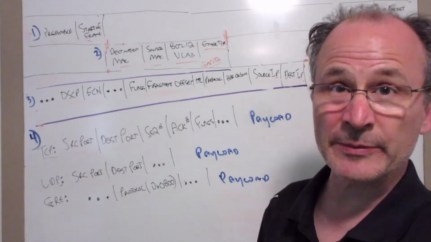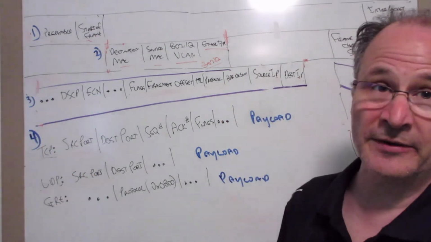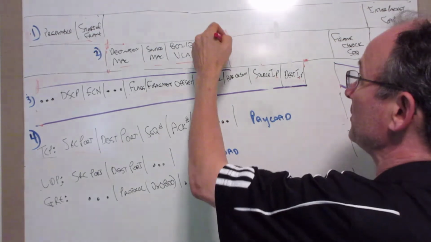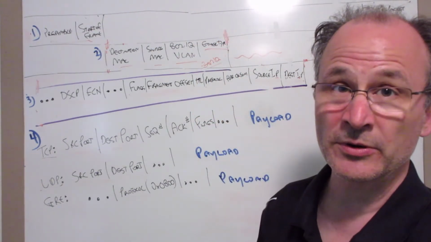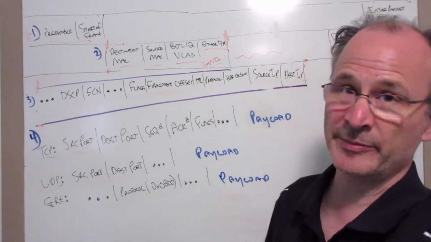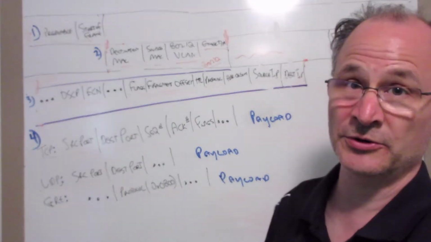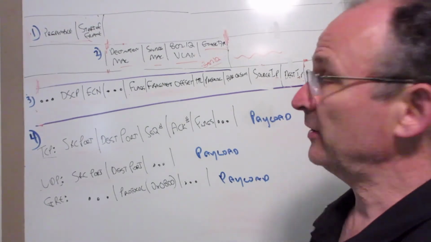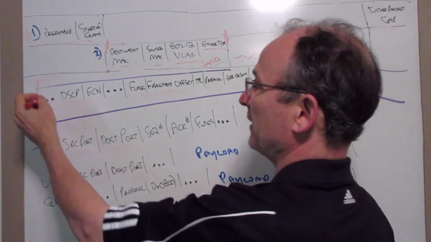It's also the same as the start of layer 3, or over here, except that if you specify the end of layer 2, you're ending here, and you can index into the payload of the frame. If it's not IPv4 or IPv6, and you know what the structure of that is, you can use that to your advantage. Other than that, start of layer 3 is the end of layer 2, and it actually starts with something called the version